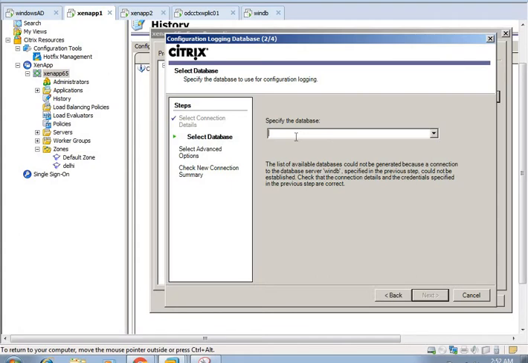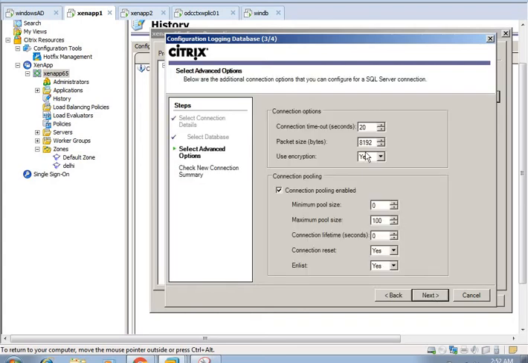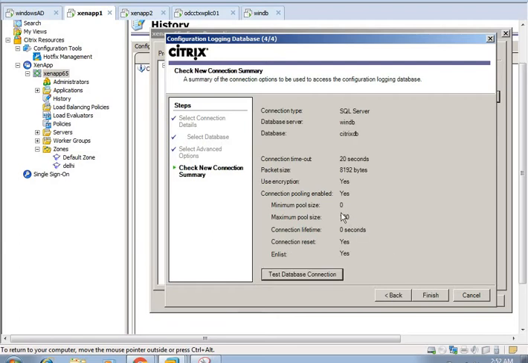So it's not showing the database. Citrix DB. Next, test database connection. Once we click on test, it will show the status, whether it successfully created a connection or not.